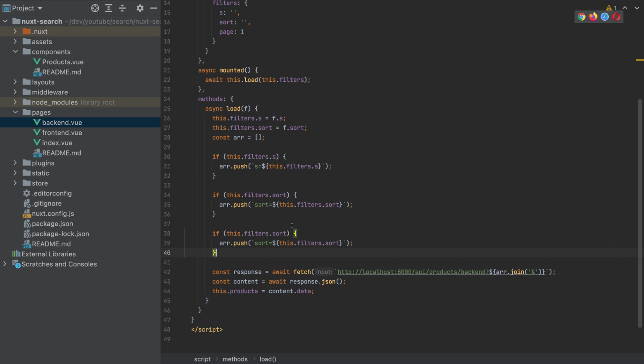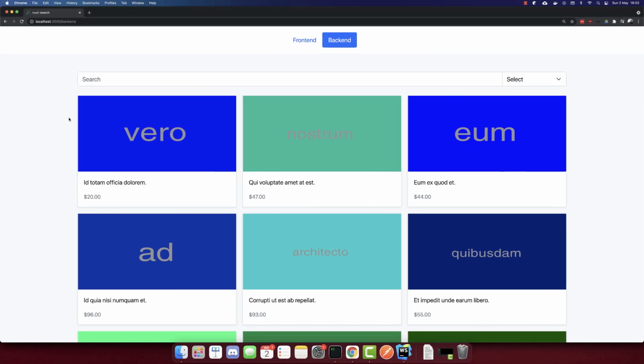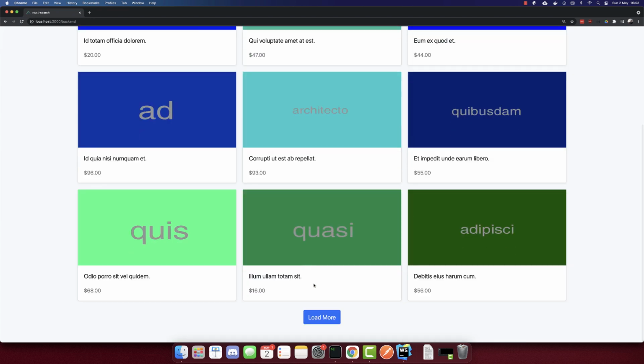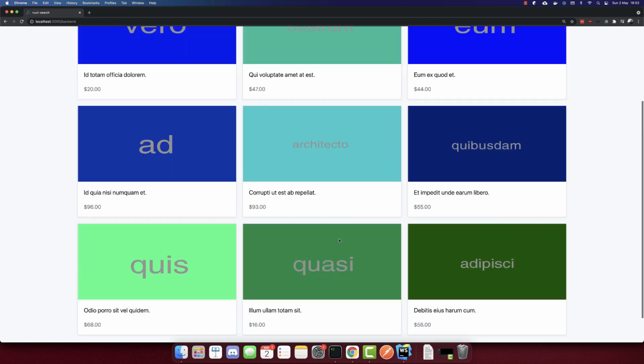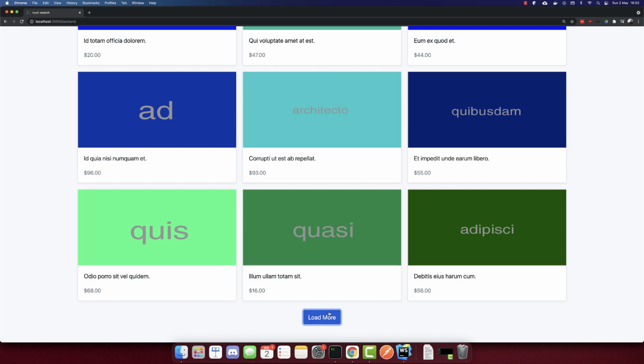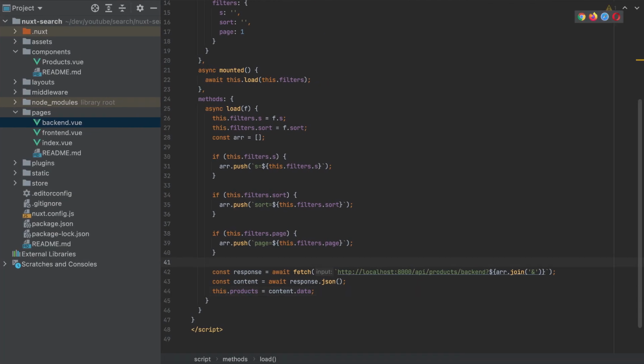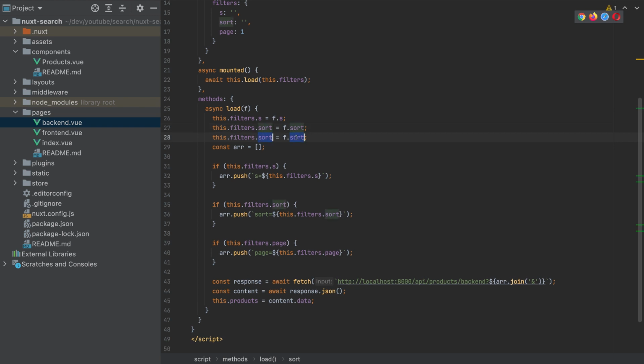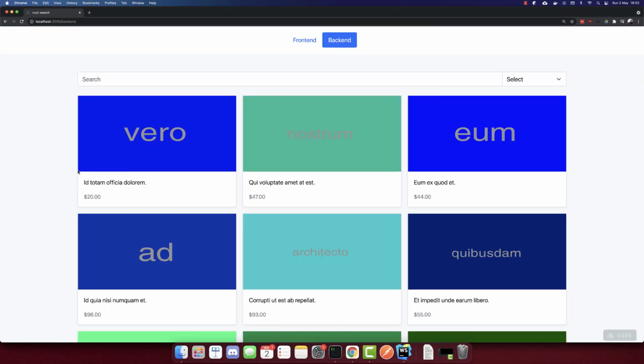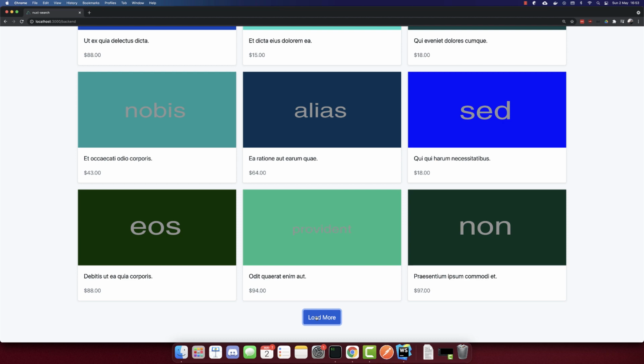I'll add another if condition here for the page. So this won't work. We will see why. So if we click load more, let's refresh. What is the problem? I didn't set here the filters, so that is the problem. Page. So if we set that, click load more, and we can see the items are changing,